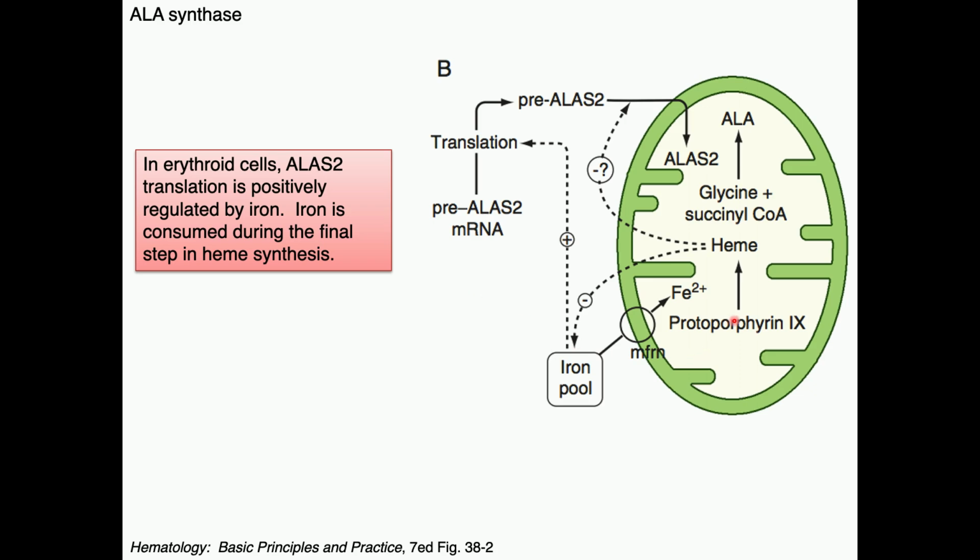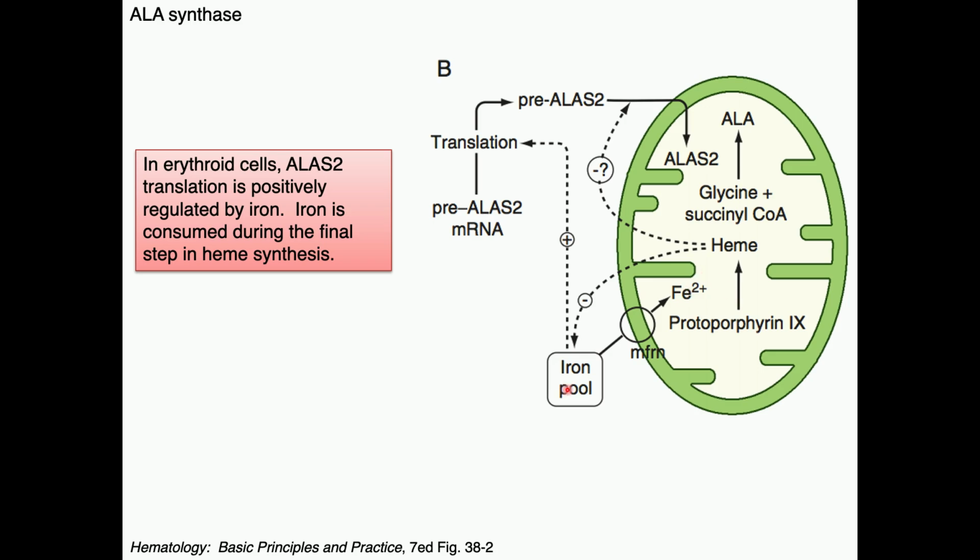So in a red blood cell precursor, when we're making heme, that last step, the ferrochelatase enzyme, is consuming intracellular iron and depleting the intracellular iron pool. Okay, so that's shown here, right? I guess it's not indicated here, but there's a ferrochelatase enzyme that's sucking up this ferrous iron and depleting